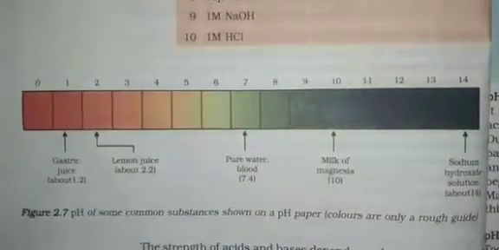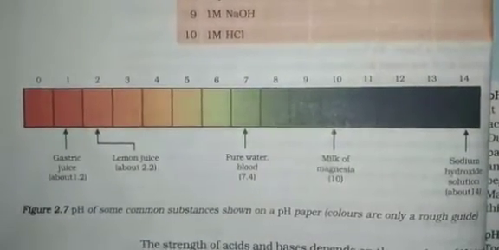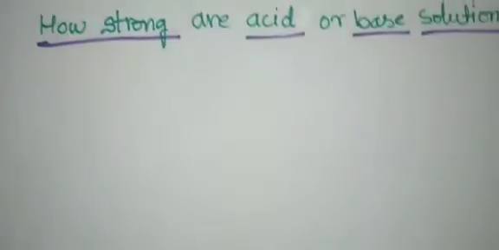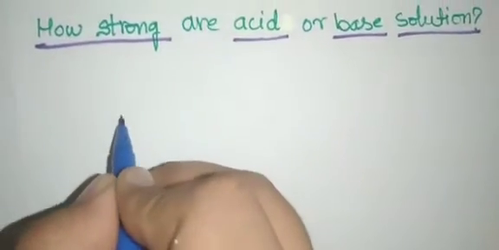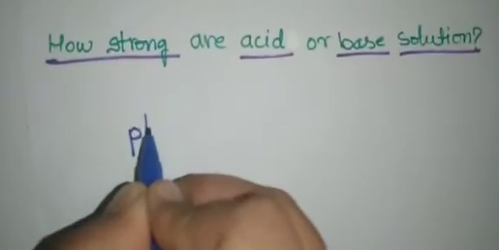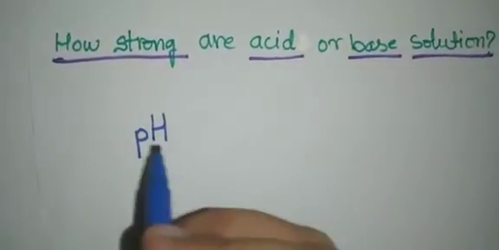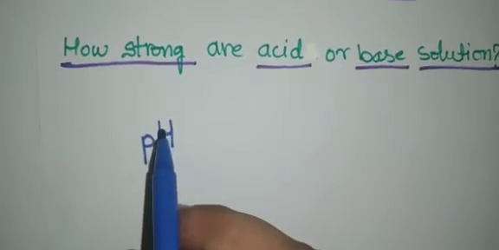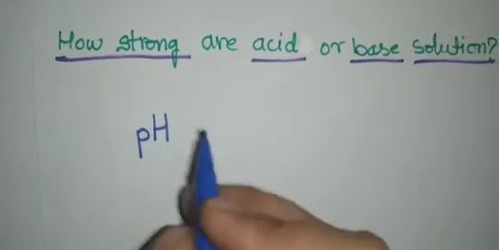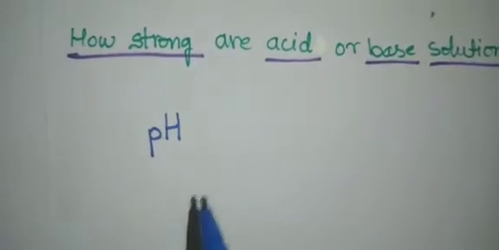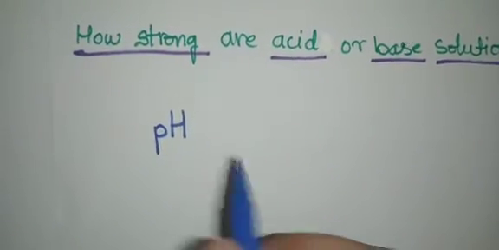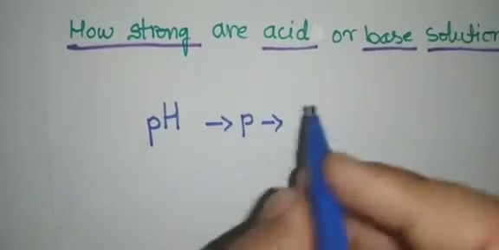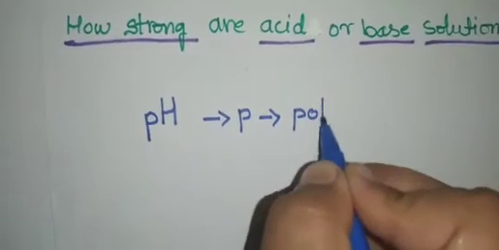A scale of measuring hydrogen ion concentration in a solution is called the pH scale. So how to write pH? First a small p and a capital H. So this scale of measuring hydrogen ion concentration in a solution is called the pH scale. It has been developed, and the P in pH is nothing but potenz